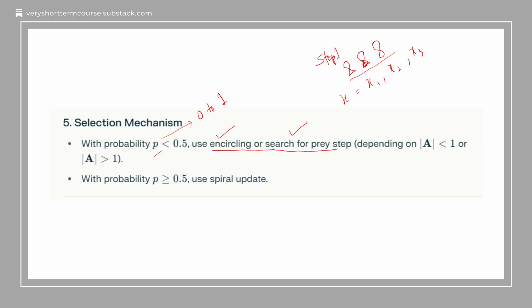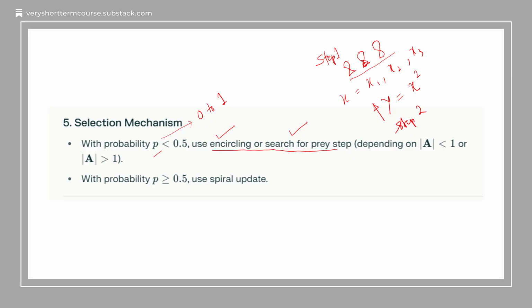Clear? Then you put those values of x into your objective equation. In our case, it is y is equal to x square. Our objective is to maximize y. So you get 3 values of y. The y which has the largest value among all these 3 y is the optimal one. And the x that has generated that value will be the optimal x or best prey. Okay? Then at step 2,